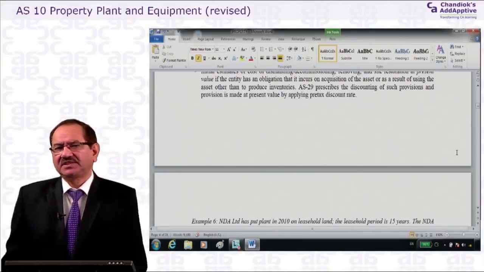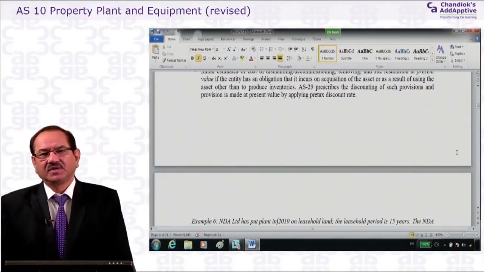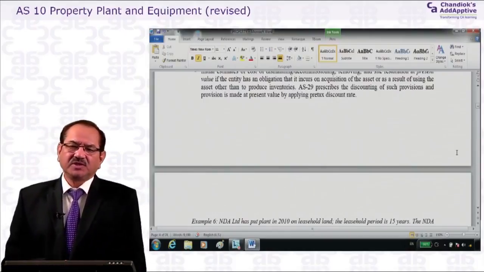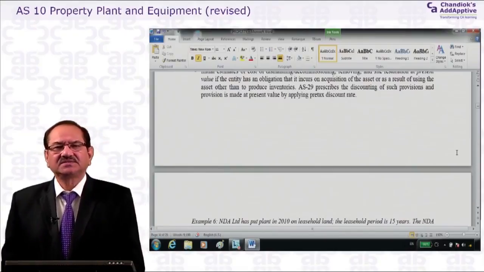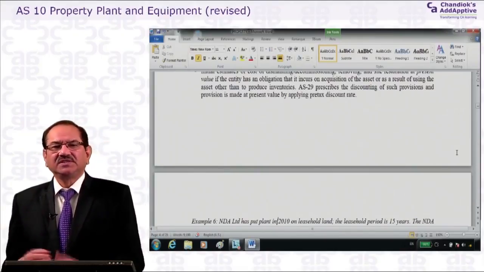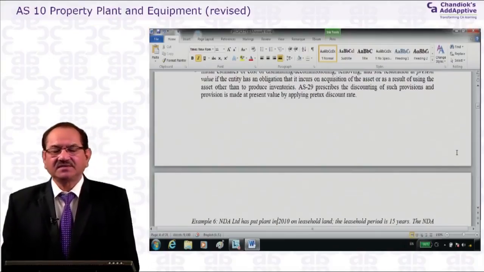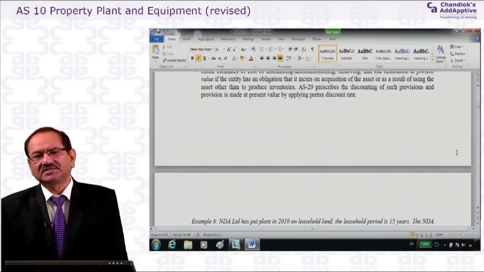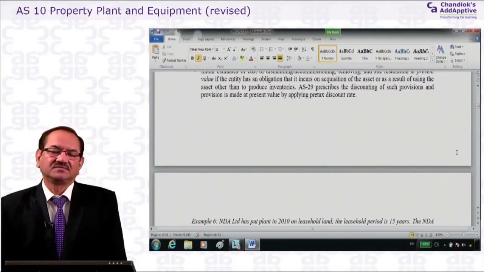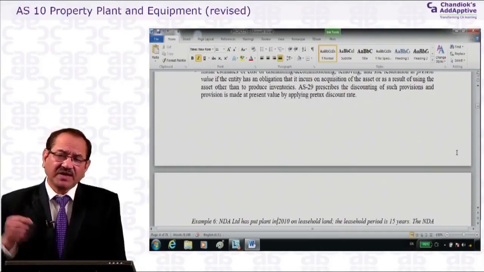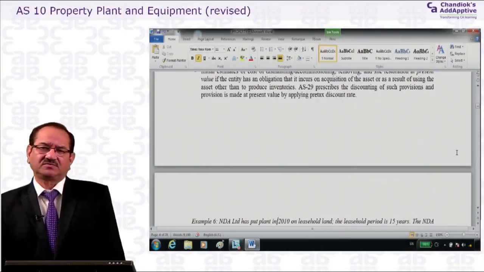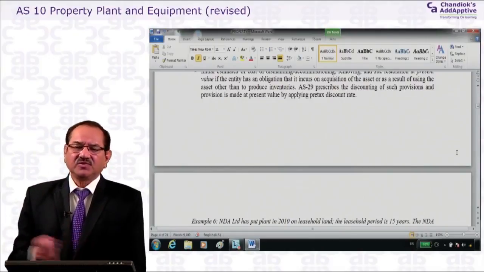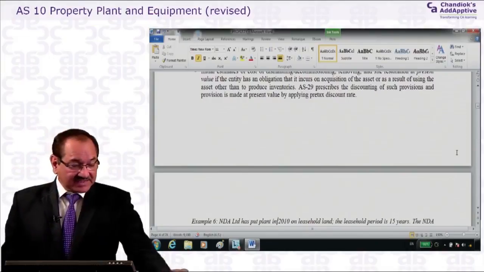You purchase a plant and machinery which has a fair market value of 50 lakhs, but you purchase it at 30 lakhs, because the vendor, the seller of that plant and machinery, was in need of money and sold it to you for 30 lakhs instead of 50 lakhs. The question is at what value it should be recognized in the books of account. What will be the measurement criteria: whether we should write it at 50 lakhs or at 30 lakhs? The standard says,